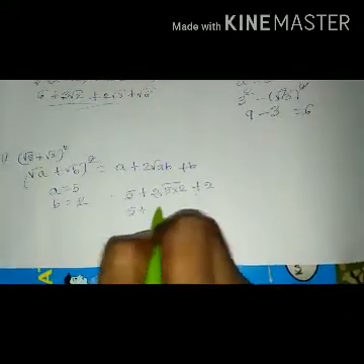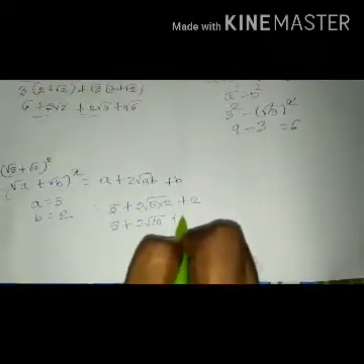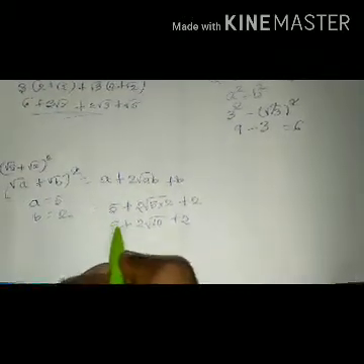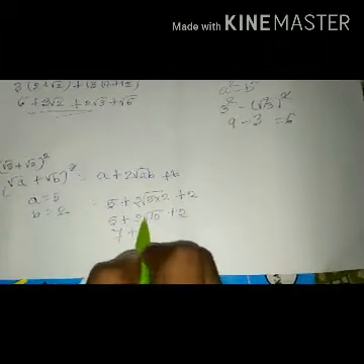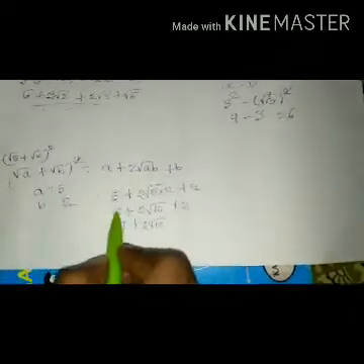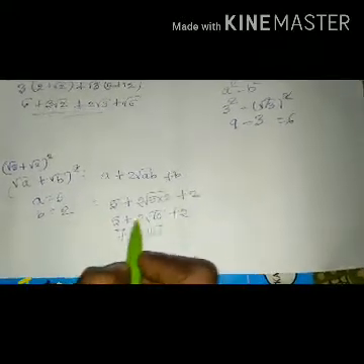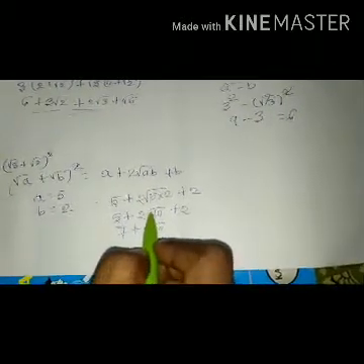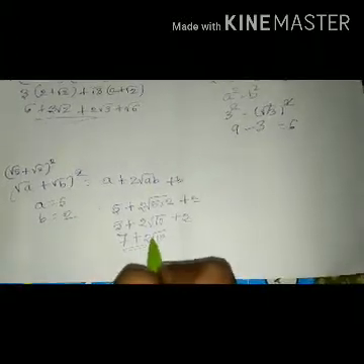5 + 2 into the square root of 5 into 2, which is 10, + 2. So here there are two rational numbers, that is 5 and 2. Add these two numbers, 5 + 2, that is 7, plus 2√10, which is an irrational number. We can only add rational and rational or irrational and irrational. So we have two rational numbers 5 and 2. The sum of these two numbers is 7 and we are left with one irrational number, that is 2√10. So its value is 7 + 2√10.